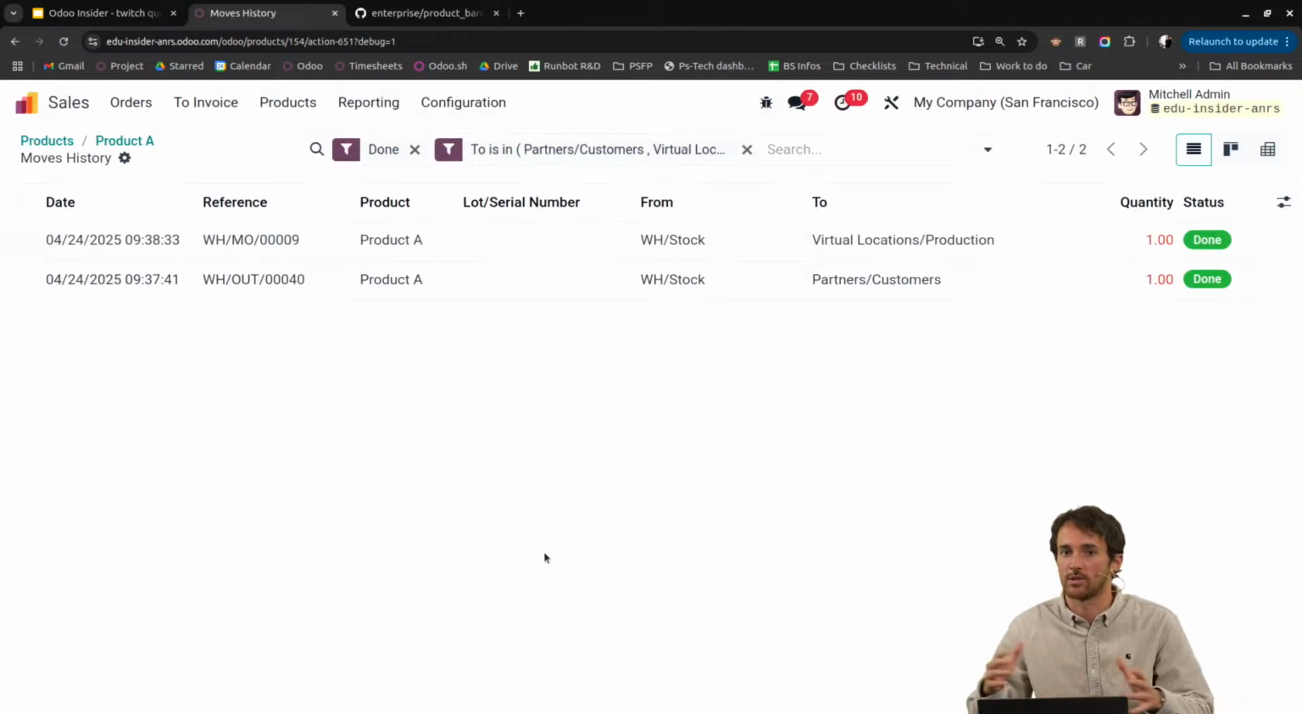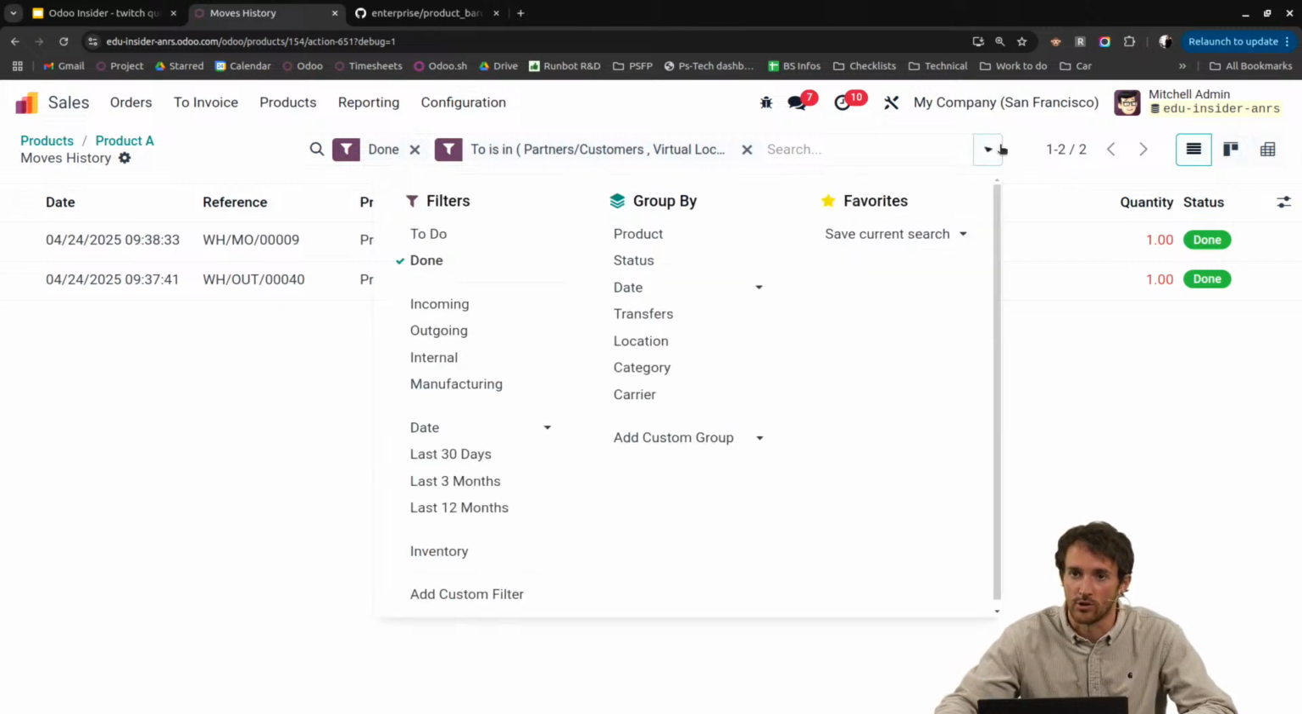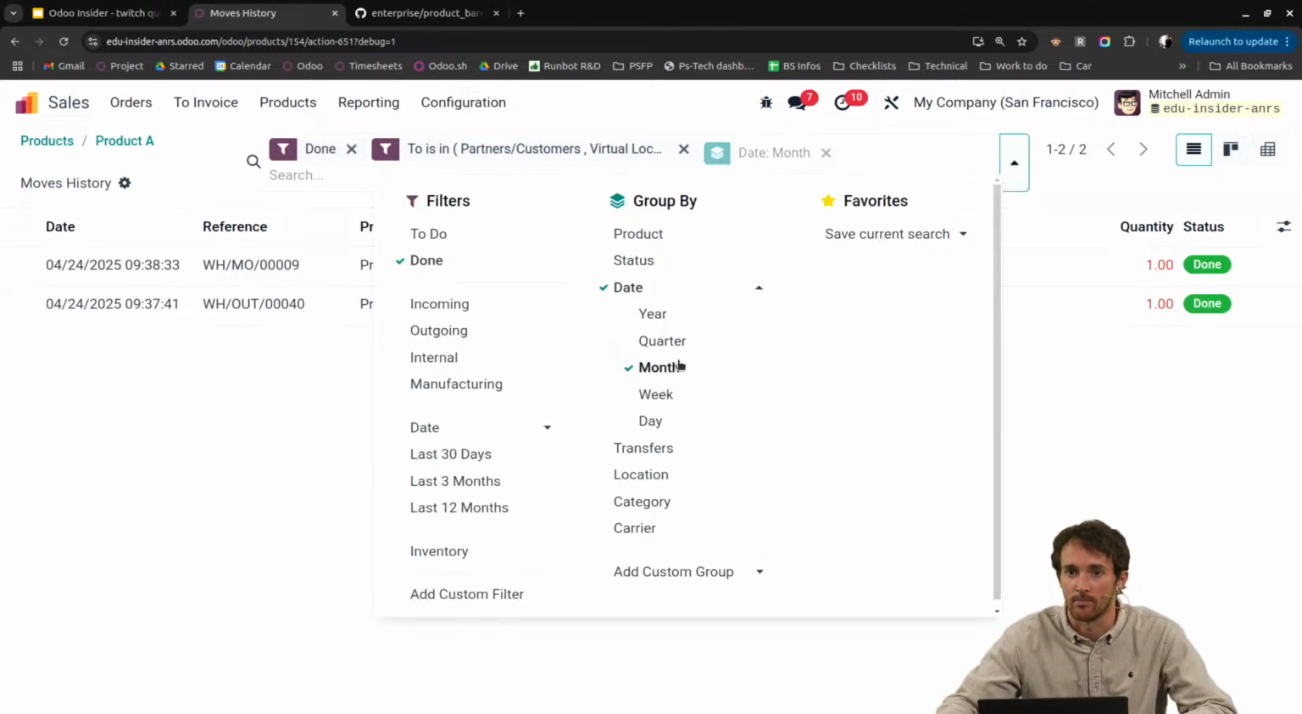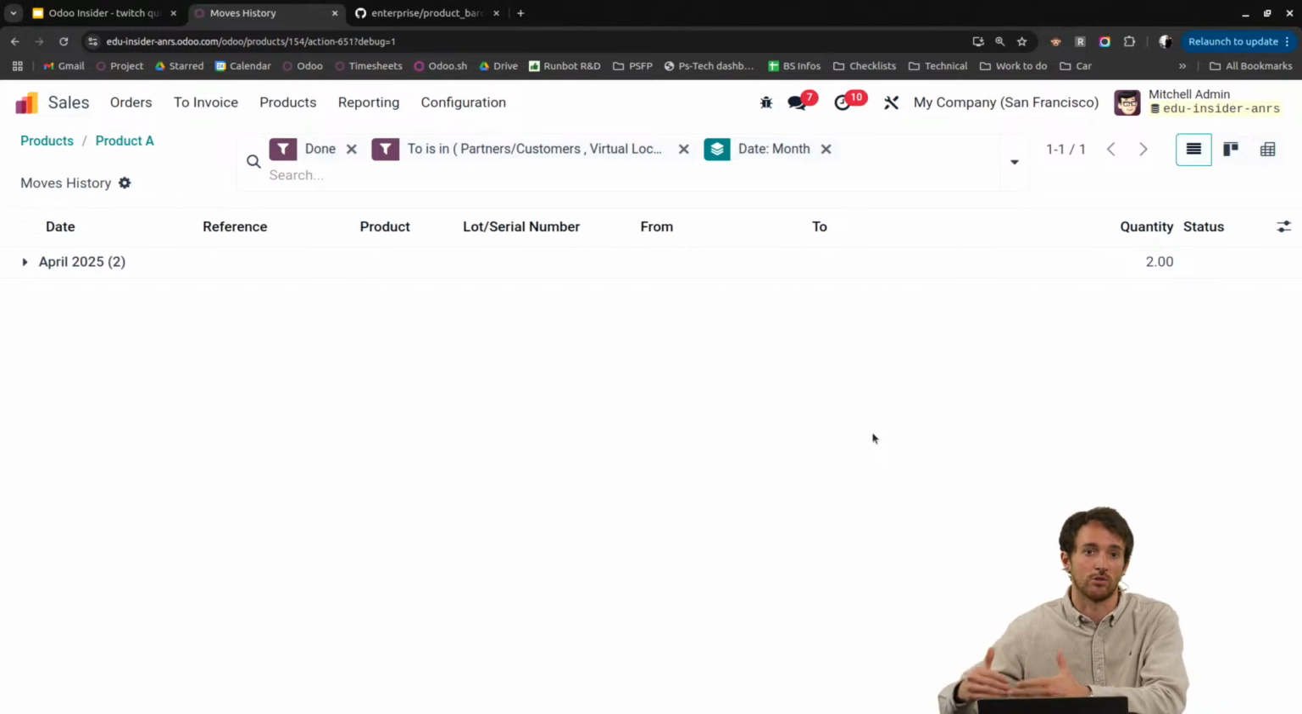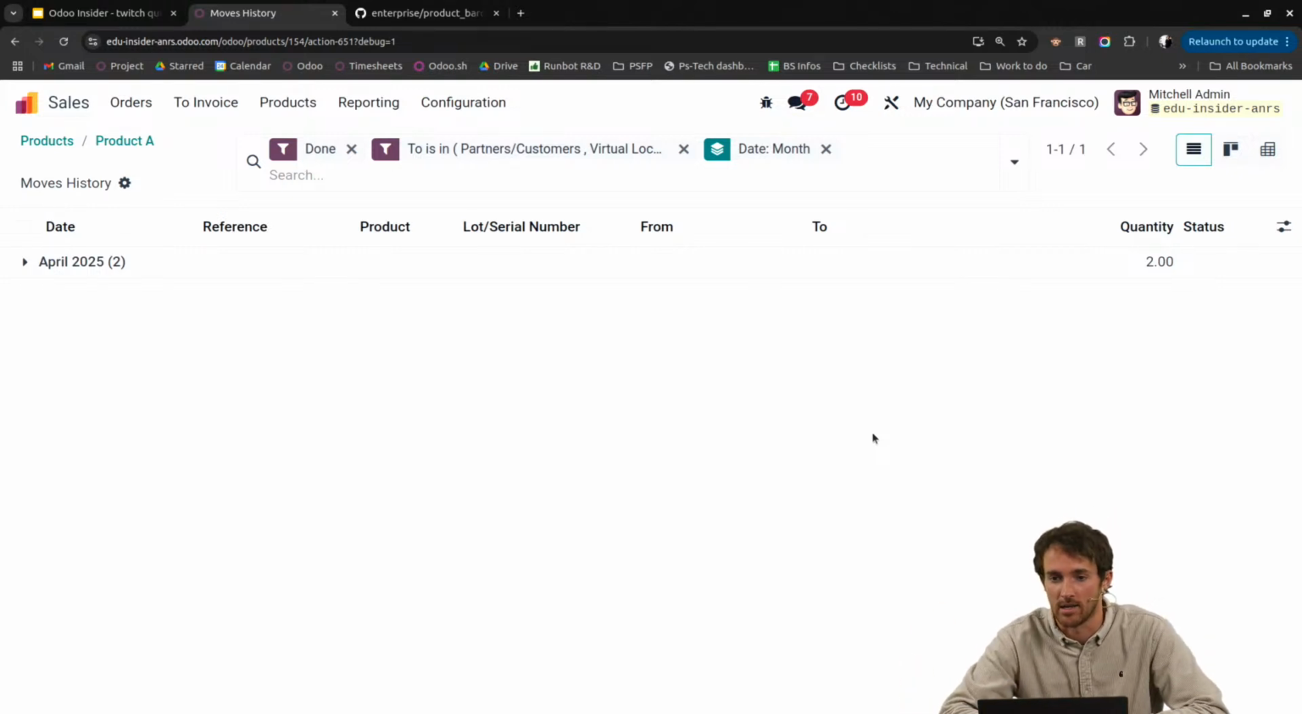And there I get the total consumption of my products over a specific period of time. For that, I could, for example, decide to group it by date and month to see every month what is the total consumption of this product in my inventory. Here I got this report, of course, for one single product. I could do it